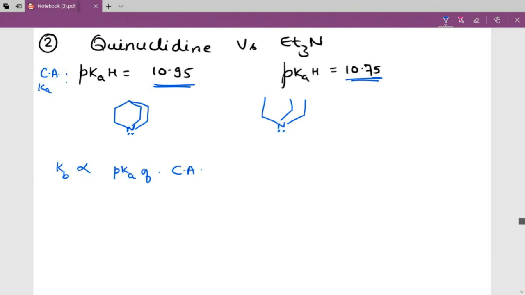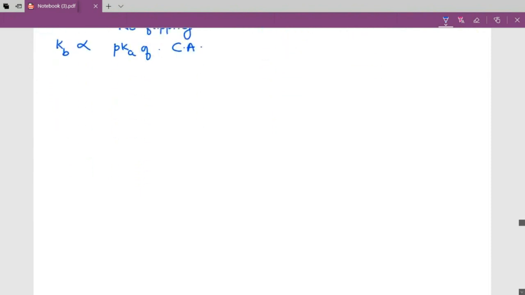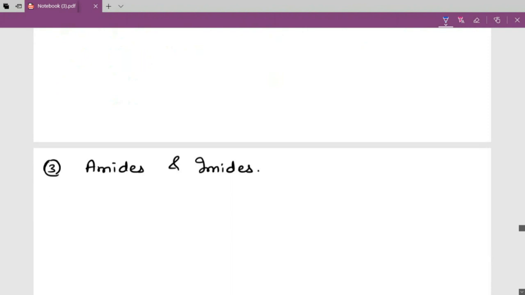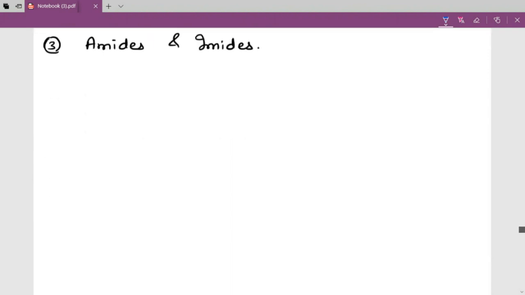Okay, basicity is directly proportional to the pKa of the conjugate acids. So this is a stronger base than this one because of no flipping. Use this no-flipping factor only when other factors, that is inductive and resonance, are constant; otherwise they are more important. If I compare amides